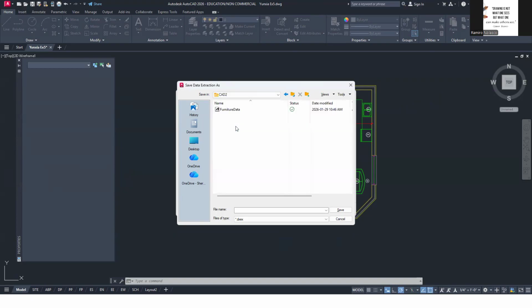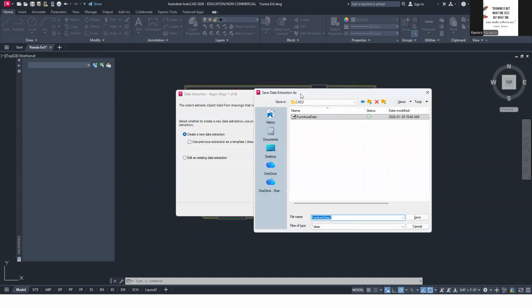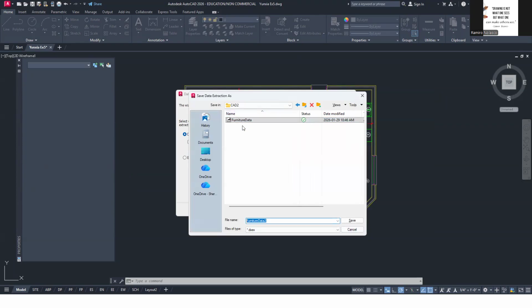Okay, so name it. So let's say furniture data. When asked to extract, the next thing that will happen is you're going to be asked to name it.